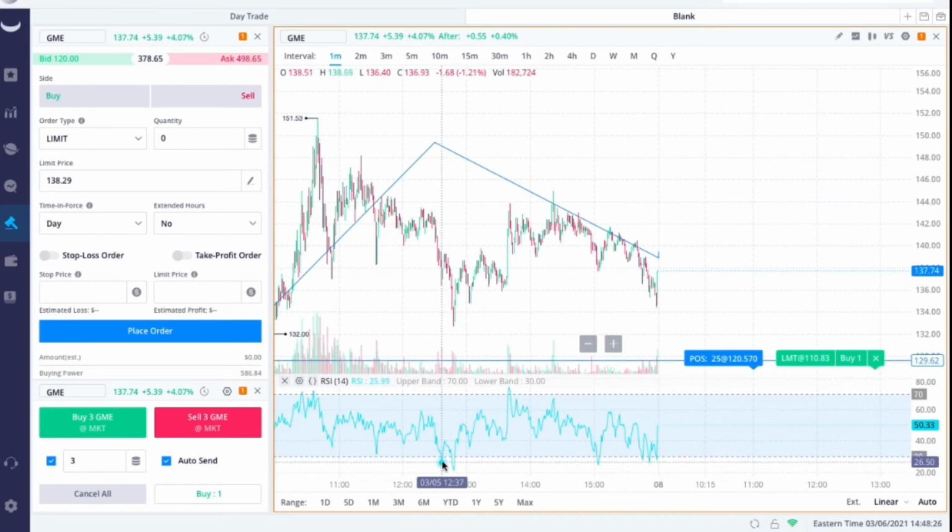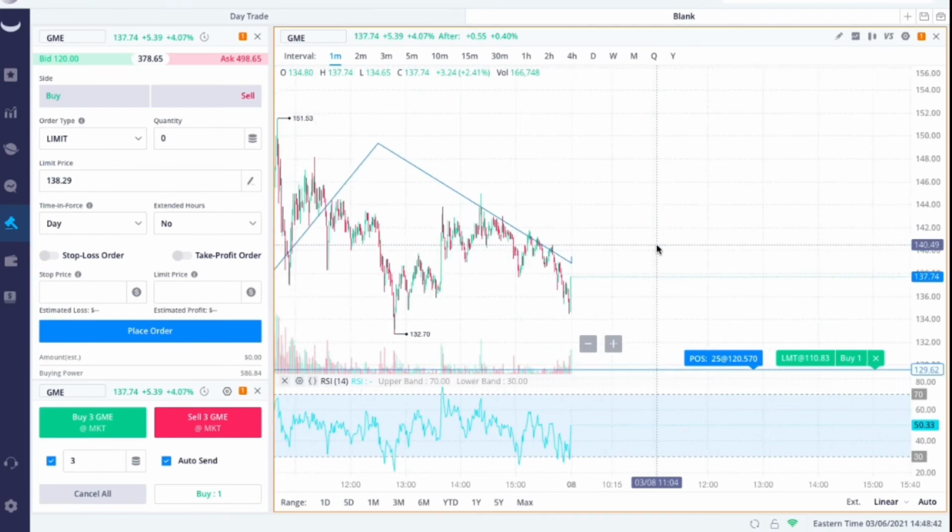And this is the same thing too. Every time it peaks under this line, it's going to bounce back up. So that's a pretty good indicator. Like right here, nothing's happening. But if it was up here, I would definitely sell whatever I got. And then if it bounced under here, I would just buy. So that's a good